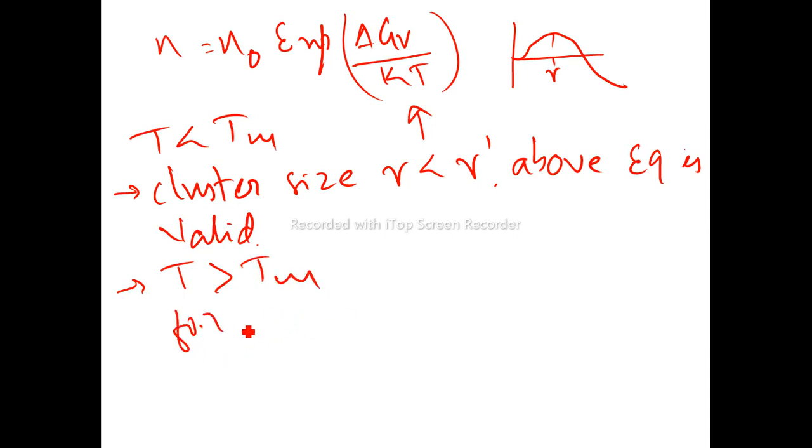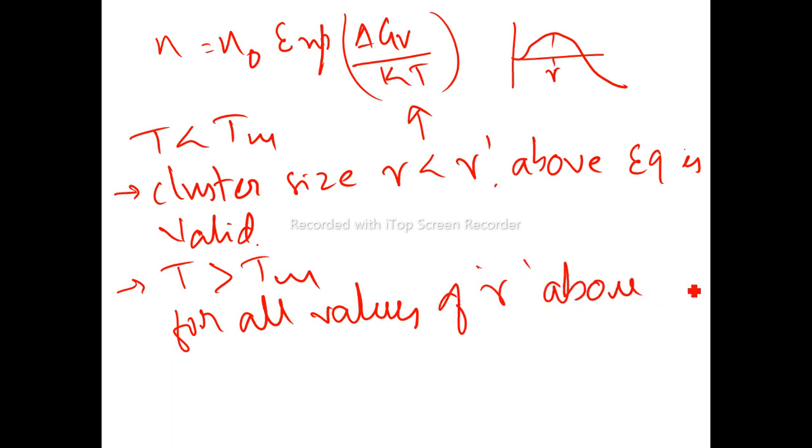So for T greater than Tm, for all values of R, the above equation is valid. Okay, so here N naught is